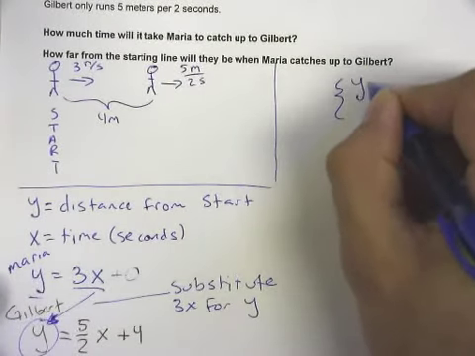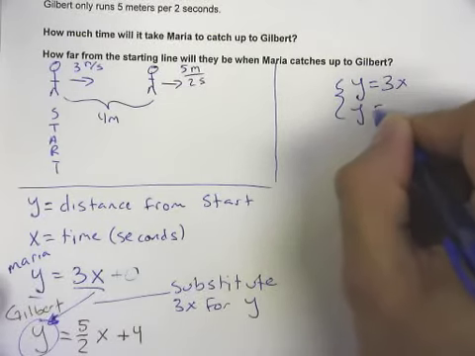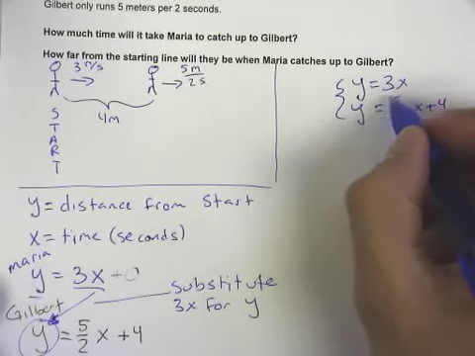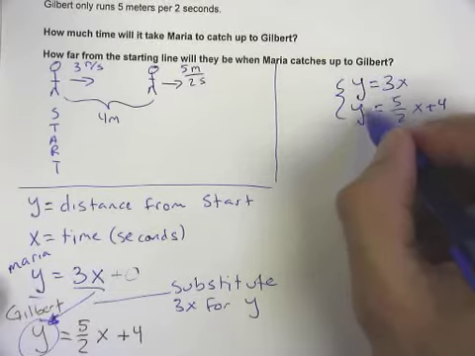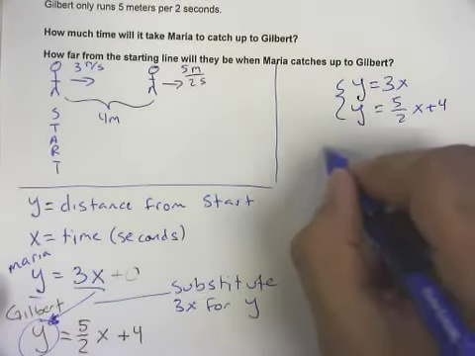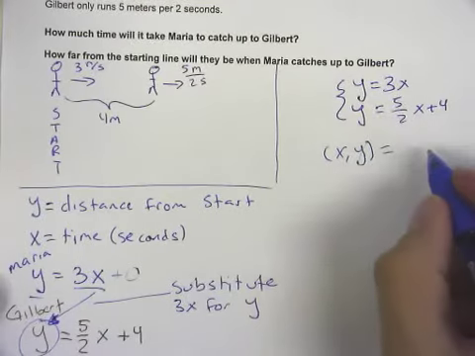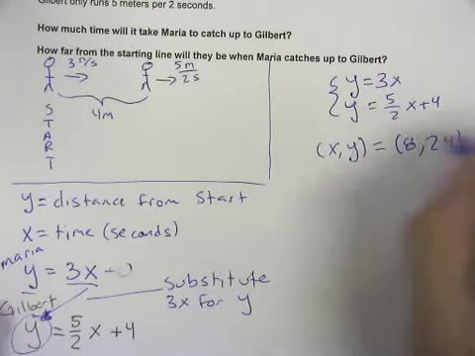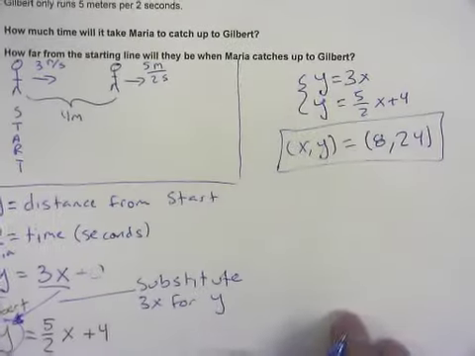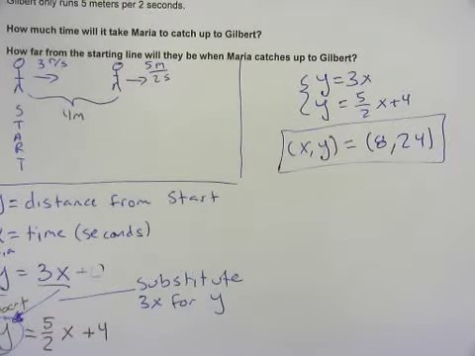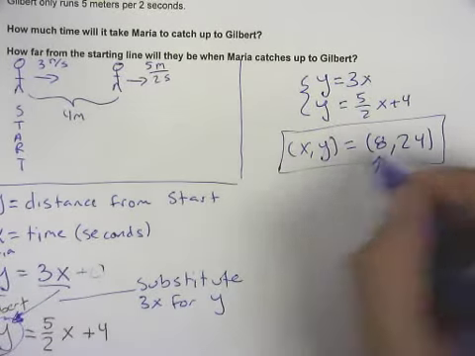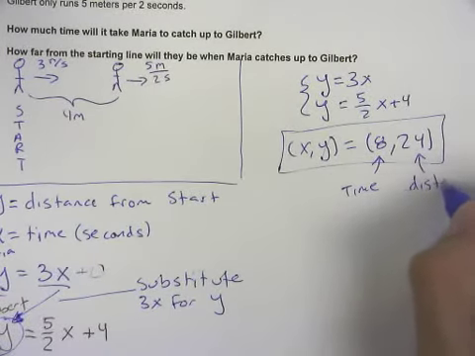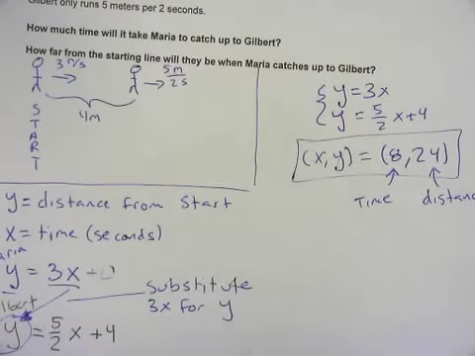When we talk about this in terms of solving systems of equations, we'll say we have this system of equations where y is equal to 3x and y is equal to 5 over 2x plus 4. Because we know that y is always the same thing as y, we can substitute 3x in for y in the other equation. What we end up with is an xy solution where x is 8 and y is 24. We're going to post some other examples of just doing it more algebraically without application, but I want to make sure that we understand that this solution in application in this case means the time that they catch up and the distance